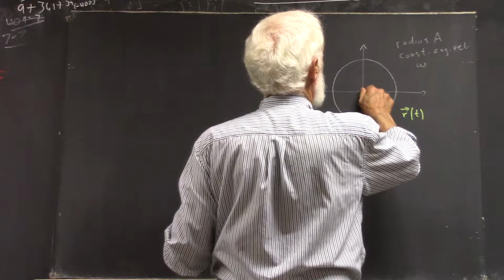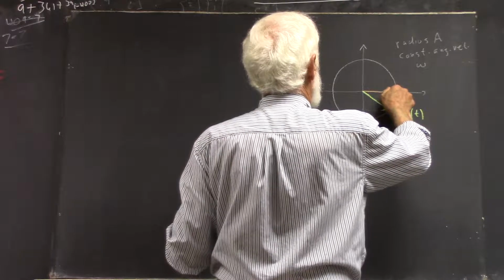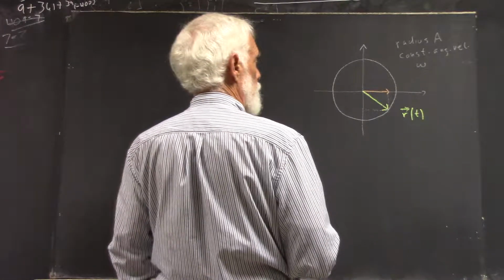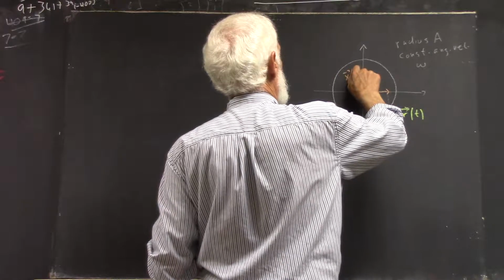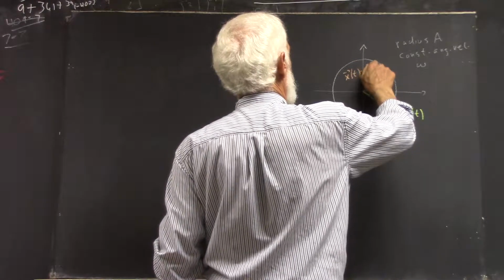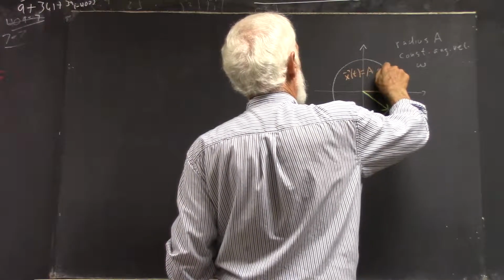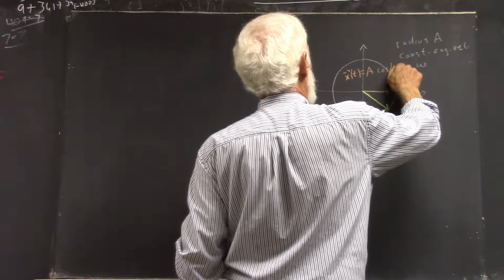So what we have here is x of t equals a cosine of omega t